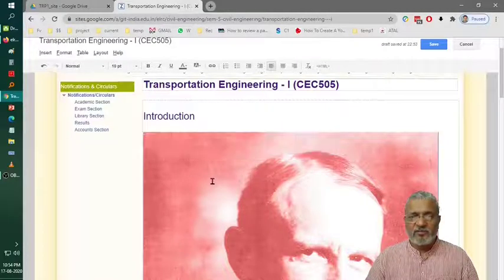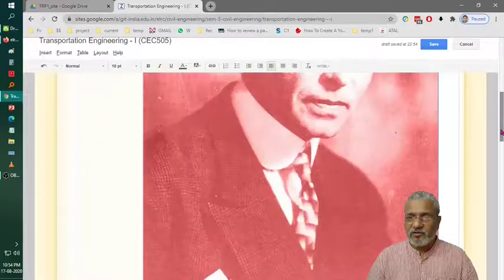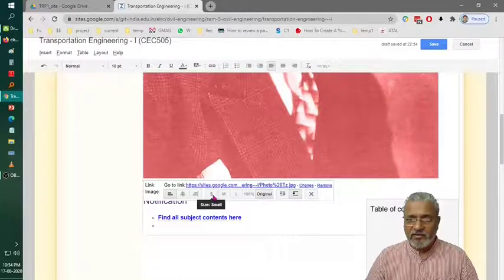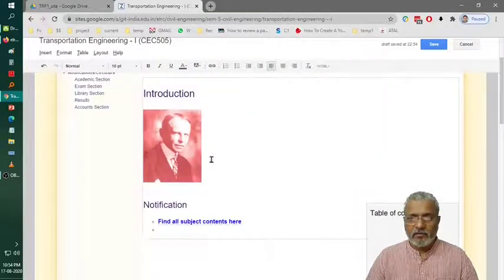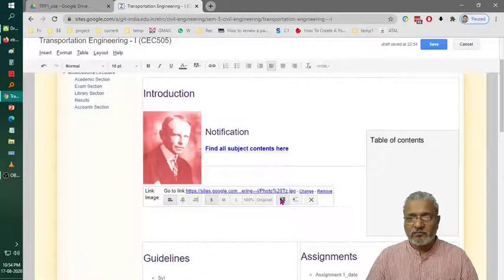Okay, it is occupying the whole space, that's why I will select this image and reduce its size. There is an option, whenever you click on the image, this option will be visible. I will go to the bottom of the image, and now it is visible. I will select size as small. Then, as the text should be in line with the image, I will select the wrap text option.